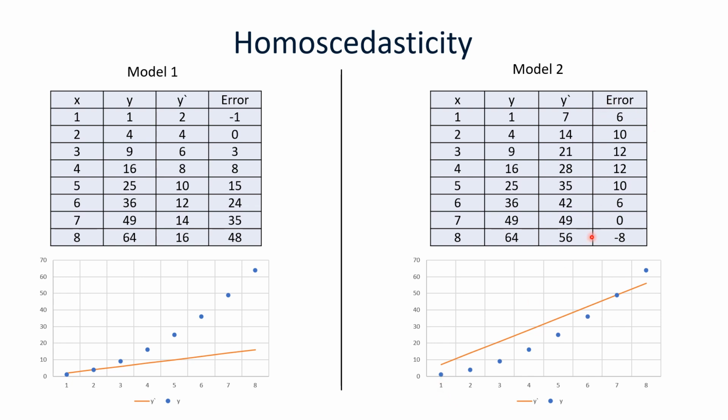So the variance is somewhat the same in all of these values that we are looking at. So this basically tells us that even if the values of x and y increase, the regression line will also increase proportionately. So there won't be any incremental gaps between the predicted values and the actual values. So this is what homoscedasticity tells us to check, and it helps us understand if a model is performing better or